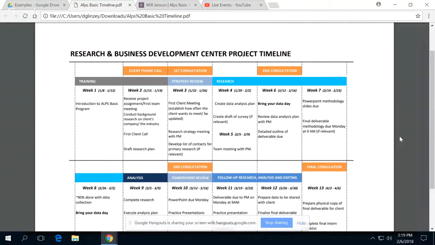Next week, you can kind of ignore that. That's only for particular projects, and we really just need to take it out of the calendar, but we haven't yet. The next really important due date is week 7. What's due in week 7 is your final deliverable methodology, and not only your methodology, but basically the first couple slides of your presentation.